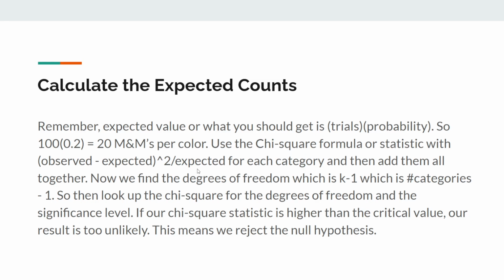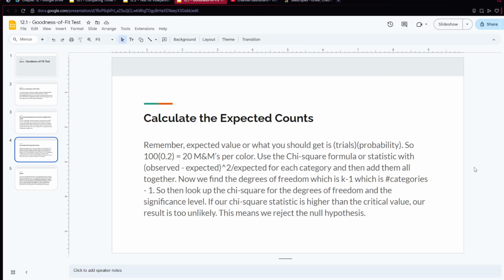And now we find the degrees of freedom, which is k minus 1, which is categories minus 1 here, so it's not going to be trials minus 1. In fact, I don't know how you would do trials minus 1. I guess it would be degree of freedom 99, but you're looking at this on an individual basis, so it's categories minus 1. So we look up the chi-square for the degrees of freedom, and here we use chi-square, and because we square the thing,